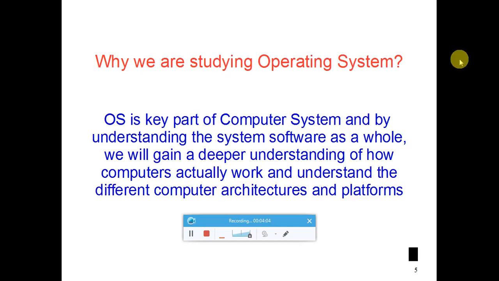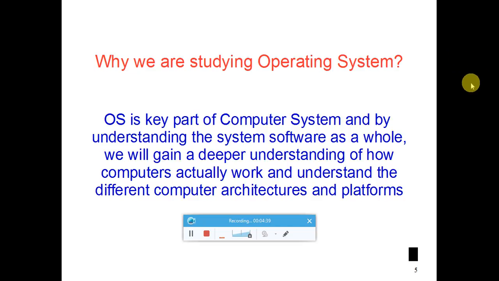Now, after understanding what is operating system, we need to understand why we are studying this subject. First of all, we need to know that operating system is an essential part of any computer system, and because of the same reason it forms an important part of computer science education also. And this field of operating system is undergoing a rapid change, as computers nowadays are prevalent in every application, whether it is games for children, or planning for government, or in IT sector, or in education system.